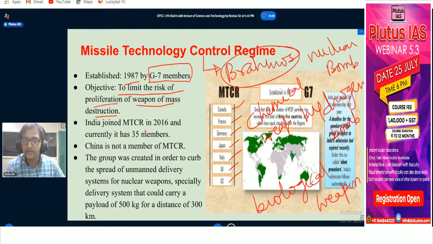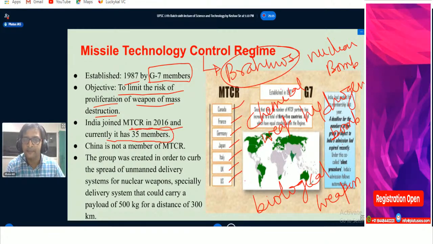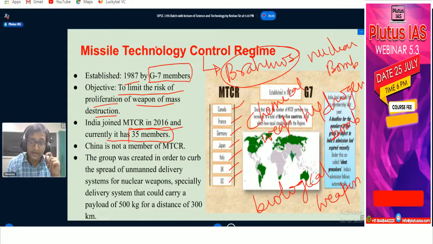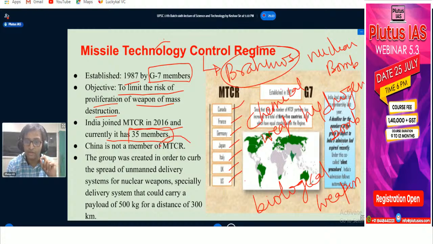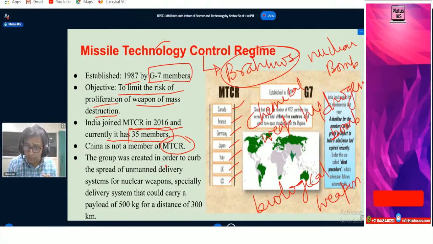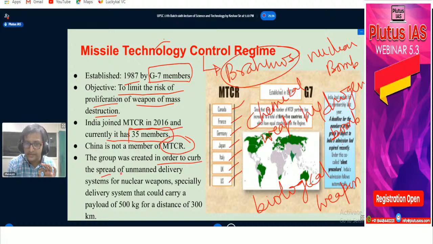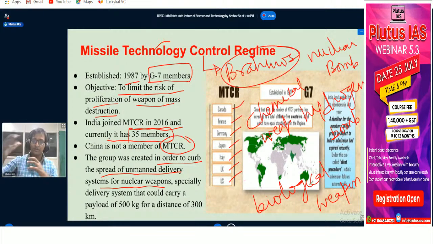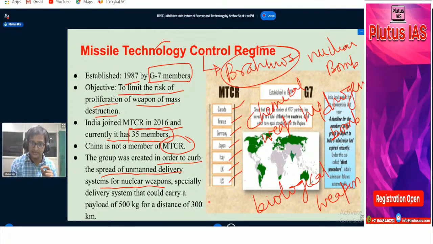Now India joined MTCR in 2016 and currently it has 35 members. See, MTCR is an international group where China is not a member. China is not a member of MTCR, but India is a member because India joined it in 2016. The group was created in order to curb the spread of unmanned delivery systems for nuclear weapons. It means there must be a curb on delivery of nuclear technology. Like when India conducted its first nuclear test in 1974